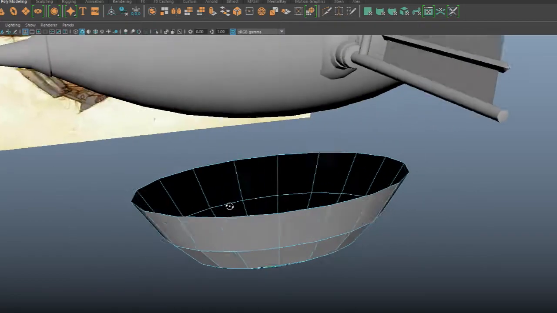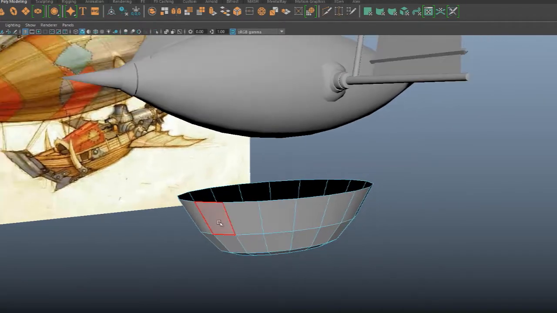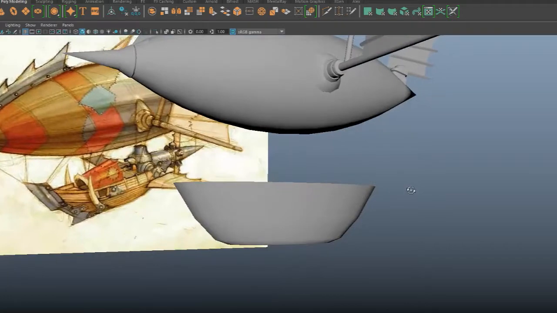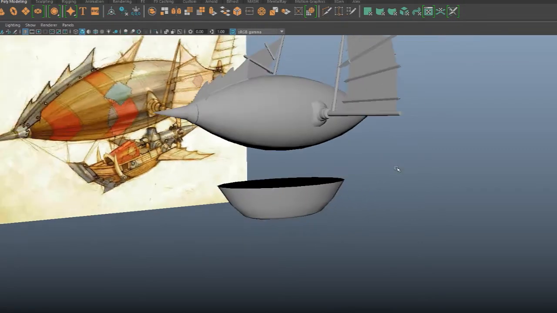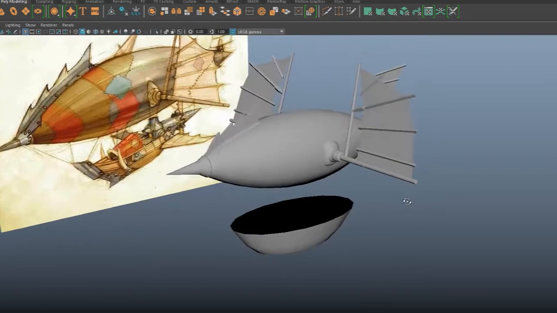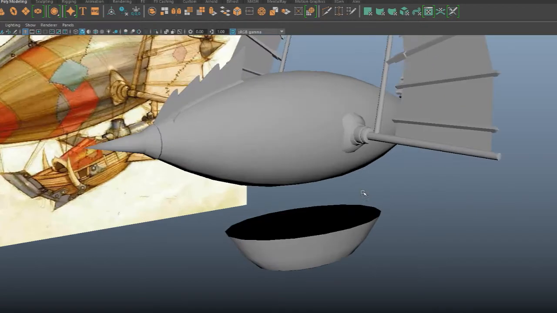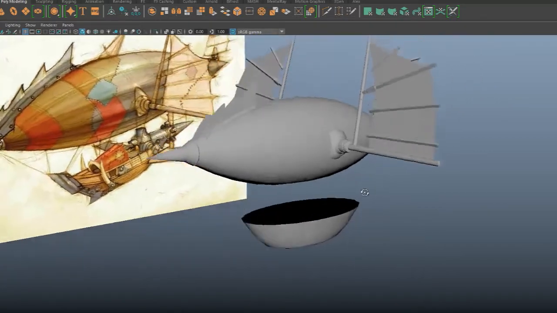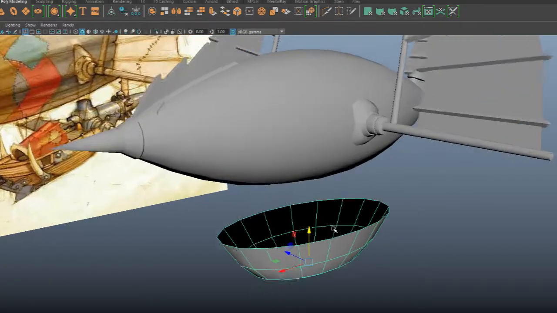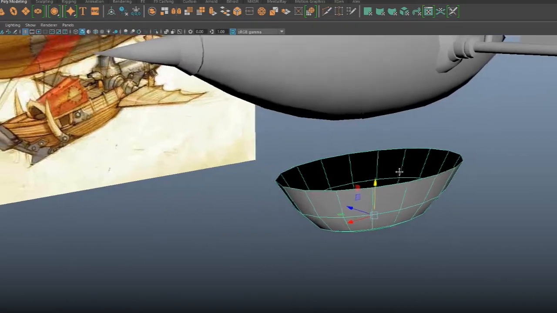Delete the top faces. Squish it in just a little bit. Might also make it just a little bit smaller. Alright,